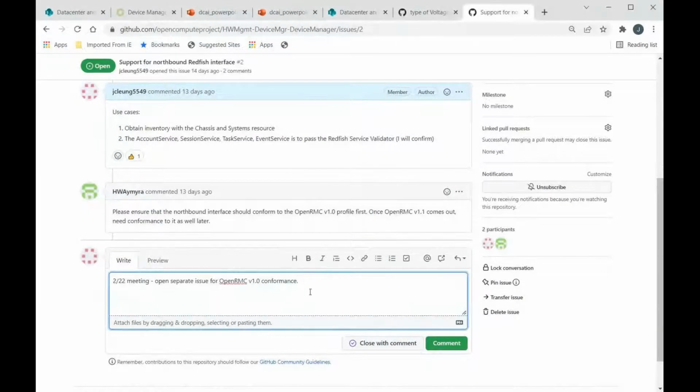What Tasker and I had spoken about was the direction from the manageability architecture meeting that the leads had, and so there would be an issue for group operations and an issue for firmware update. And then if we want additional detail on what those implementations should be, we can go ahead and do that.